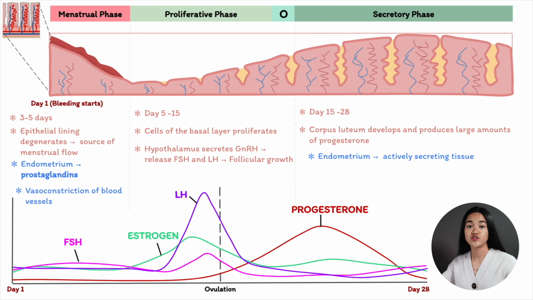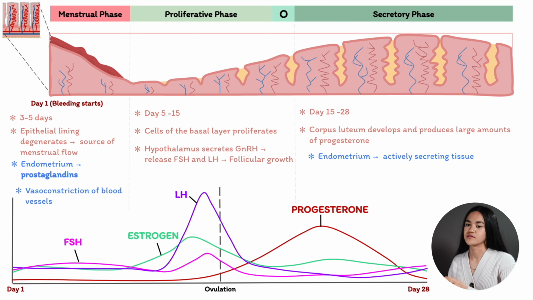And like we've mentioned, what happens when the endometrium is deprived of hormonal support of estrogen and progesterone? Well, the events that we talked about during the menstrual phase: vasoconstriction of blood vessels, arteries that support the functional layer rupture, and the epithelial lining sheds. And this is the source of menstrual flow, blood and epithelial cells, and there are enzymes that destroy coagulation factors